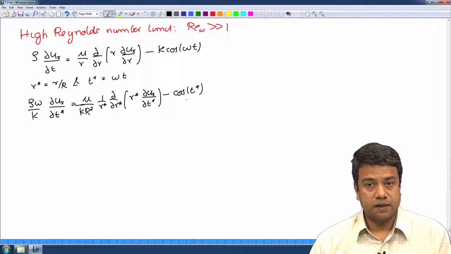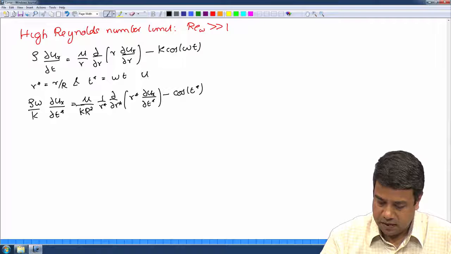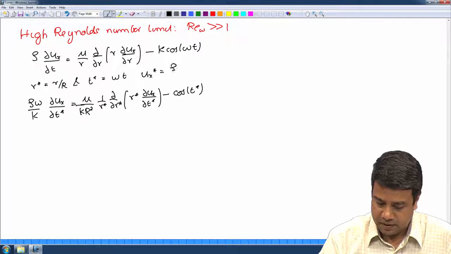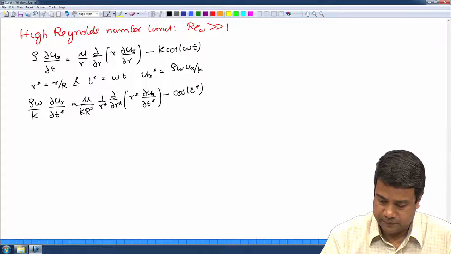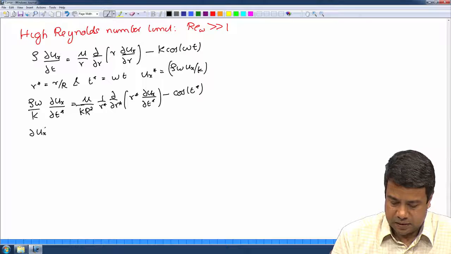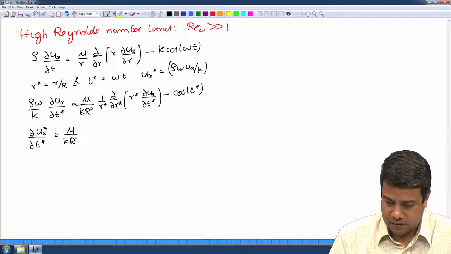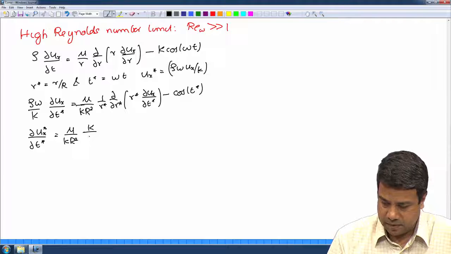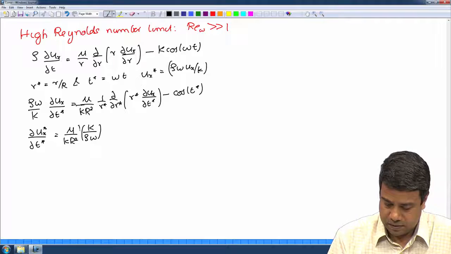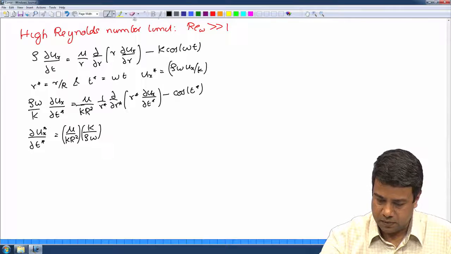Now, I have to scale the velocity by the inertial scales. So, I should define ux star is equal to rho omega ux by k. If I do that, on the left side I get partial ux star by partial t star will be equal to mu by k r square into k by rho omega into